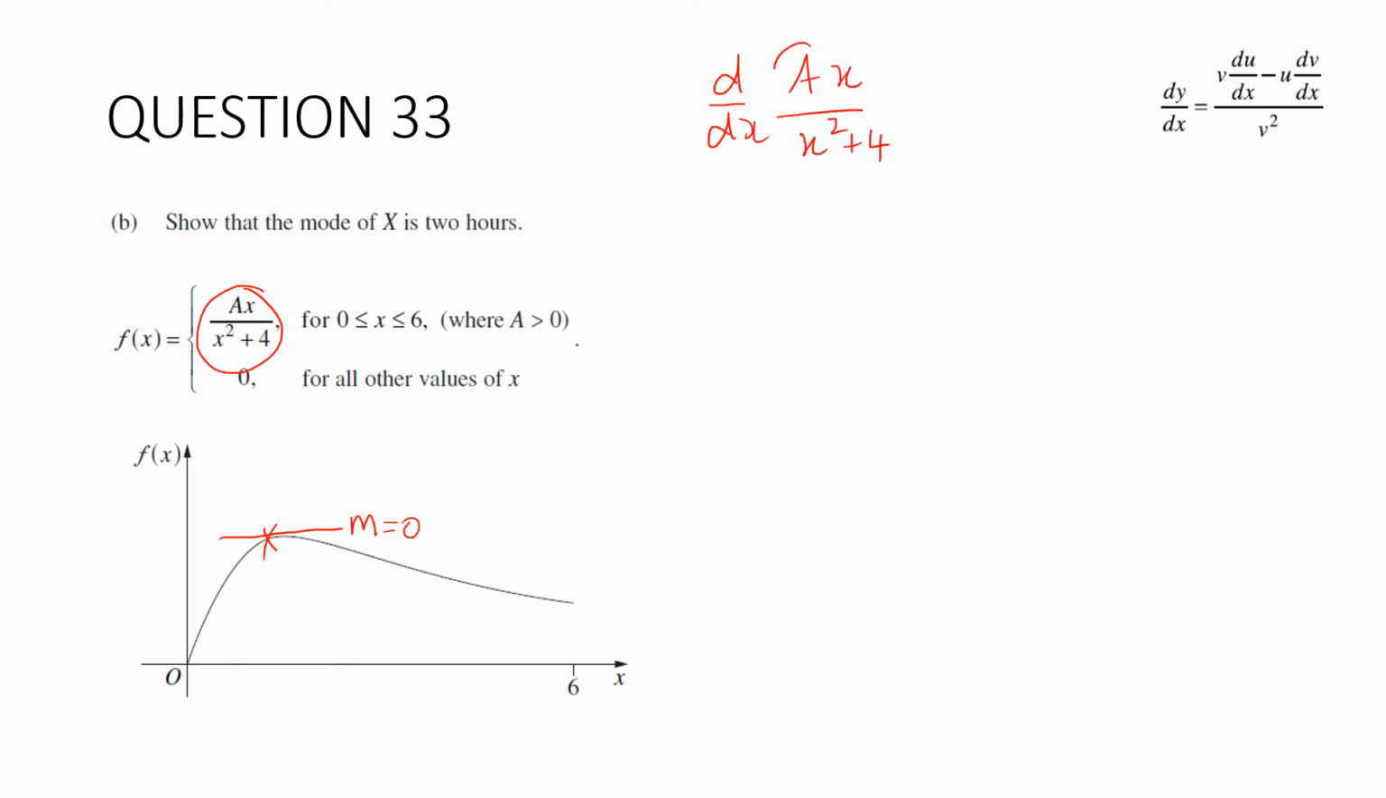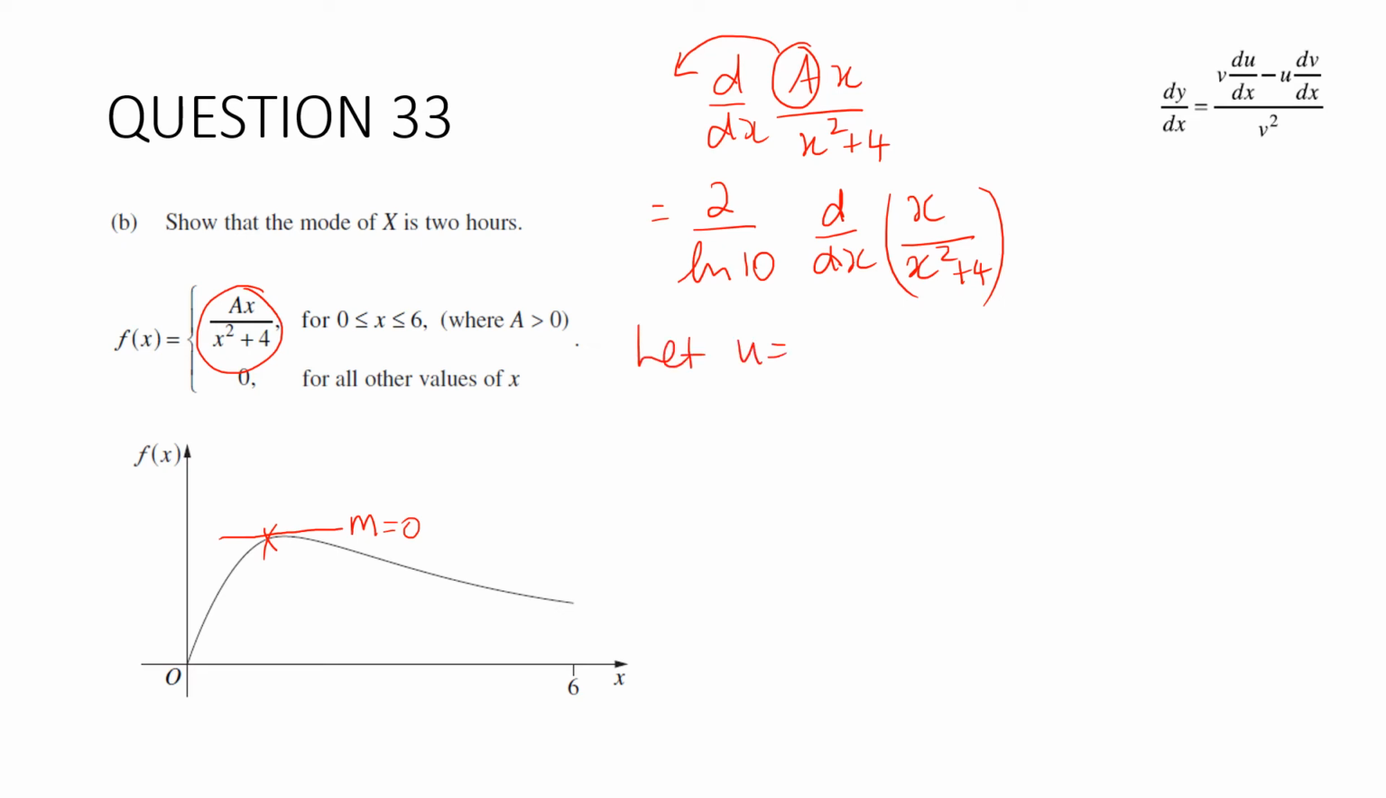All right, I'm going to throw this a out the front. It is 2 over ln 10. And then I want the derivative of x over x squared plus 4, which is a quotient rule. So let u equal x and v equal x squared plus 4. u dashed is equal to 1. v dashed is equal to 2x. So this is equal to